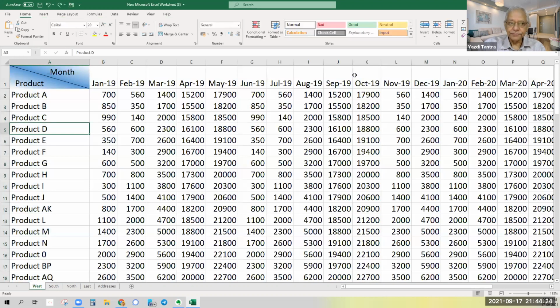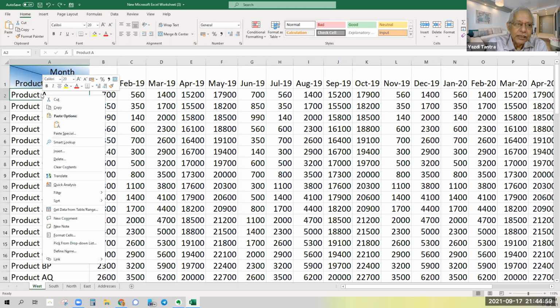Very, very simple. Control T is for tables. Now, when you are filtering, I want to see all products, product A here. So what do we go through the entire stuff now? How do we go through? You go to data, filters, create these tiny little arrows, and then you click on it and you select product A, etc. But there's a very simple way of filtering anything in the entire sheet.